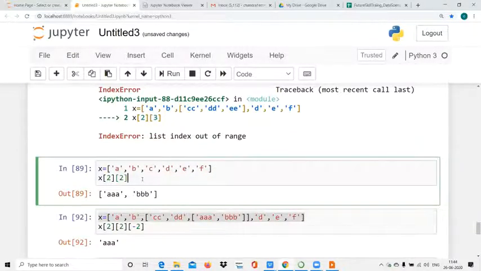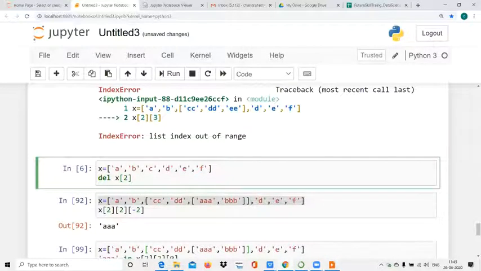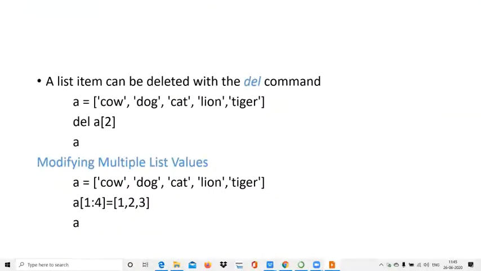We can use the del command, del x, and then the index. The del command can be used for deleting an element.